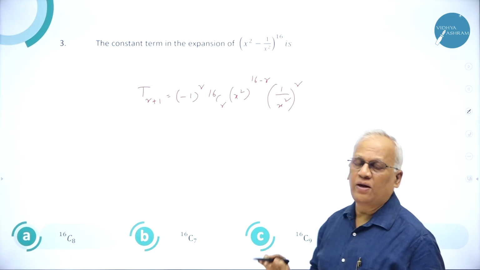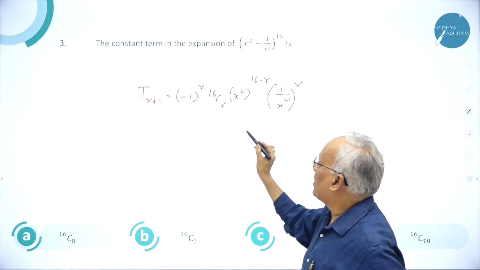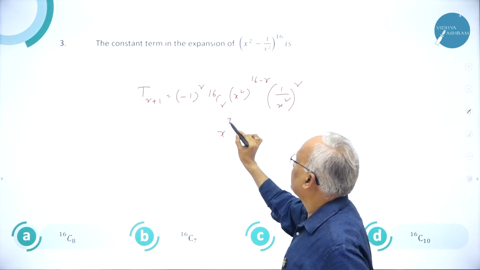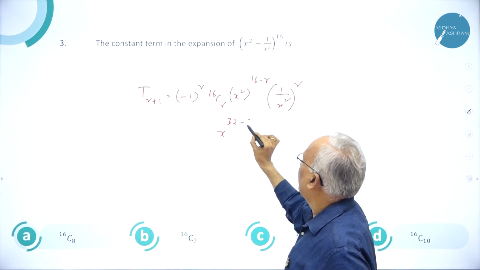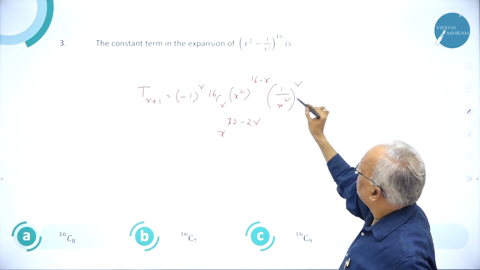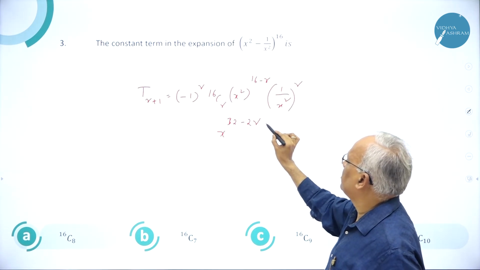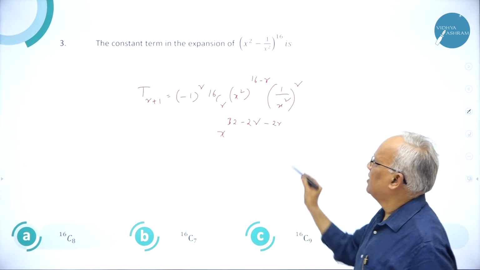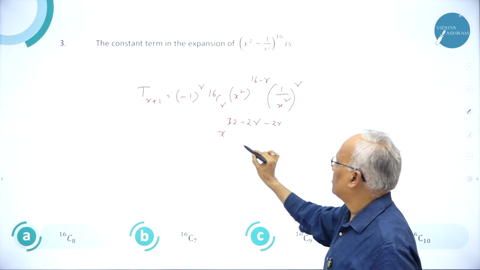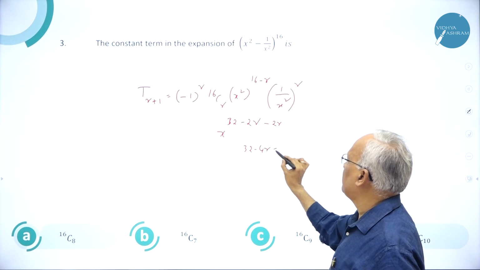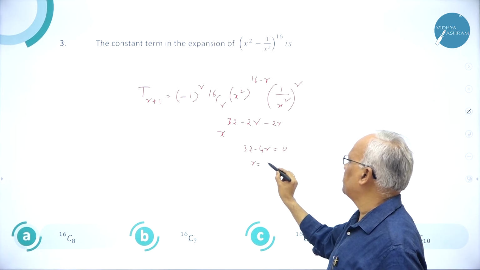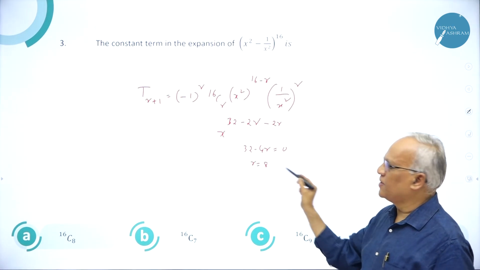Okay. Now I don't waste your time on simplification. Concentrate only on power of x. So what is power of x? x to the power 2 into 16, 32, it is 32, minus 2r, 2 into 16, 2 into r. This x to the power of 2 whole to the power of r is x to the power of 2r. When you shift it to numerator, it becomes minus 2r. This is the power of x. So this must be equal to 0. So 32 minus 4r is equal to 0. No need to write the entire thing. Okay. So 32 minus 4r equal to 0. That gives you 4r is equal to 32, r equal to 8.